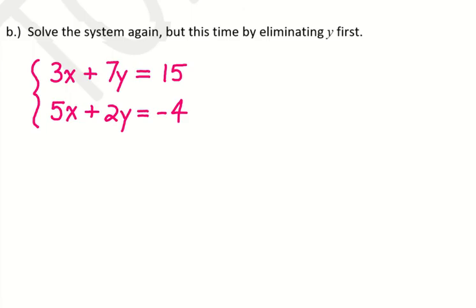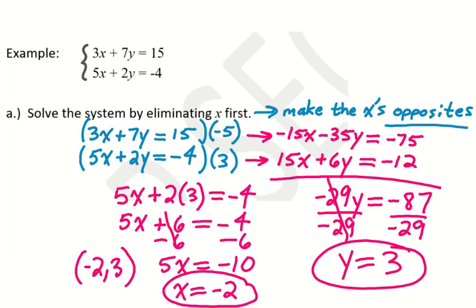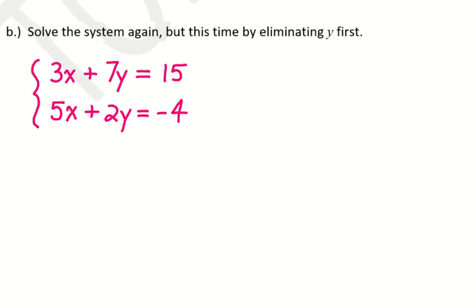But check it out. We're going to solve the system again. We already know what the answer is supposed to be at the end of the day, but what if we decided to eliminate the y first? Because that was an option. So let's see how that would play itself out, just to show you that it doesn't matter which letter you choose to make opposites of each other. Sometimes there's a better option because of quickness and easiness, but